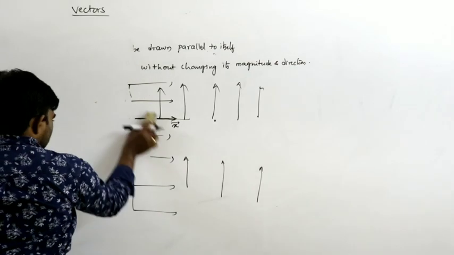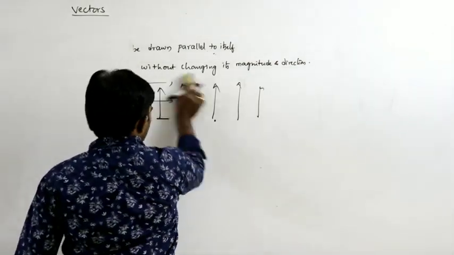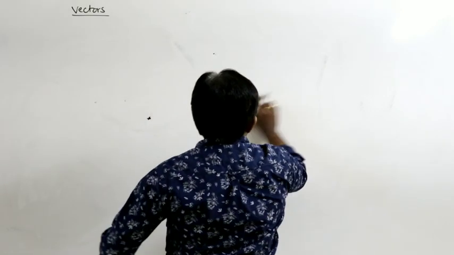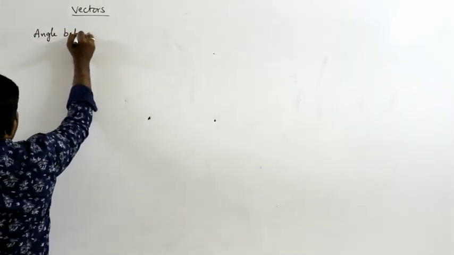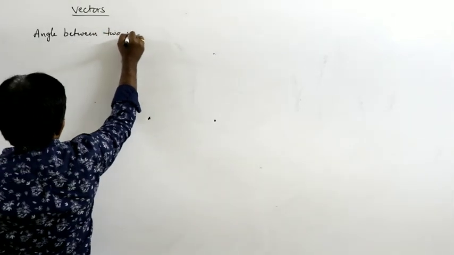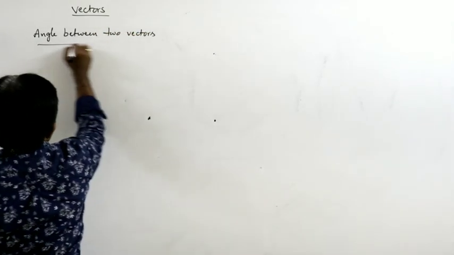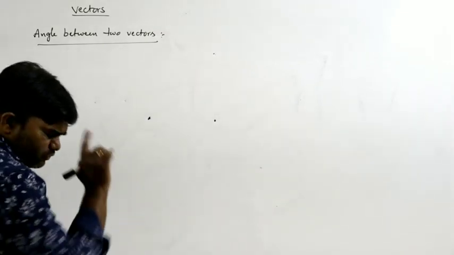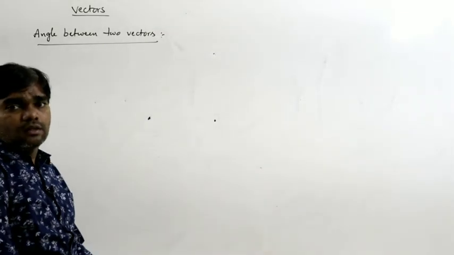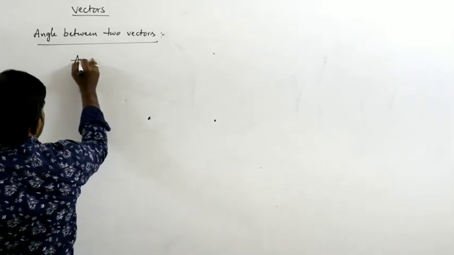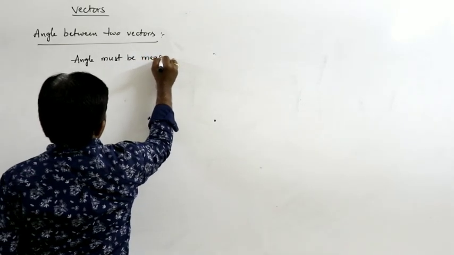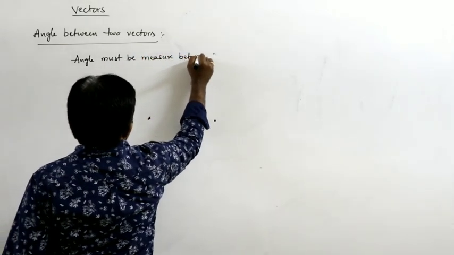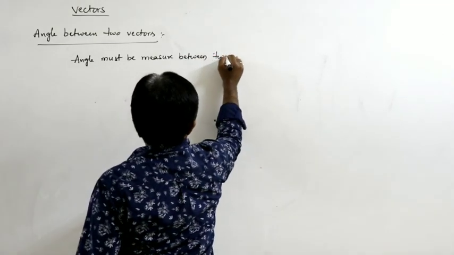Next. How can you find out the angle between two vectors? That is important here. So the major point is that the angle must be measured between two vectors